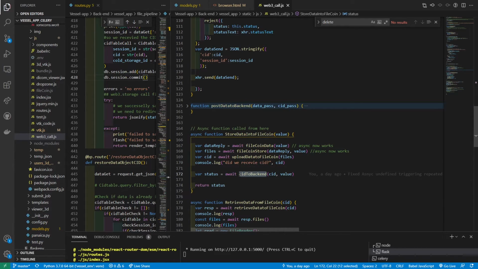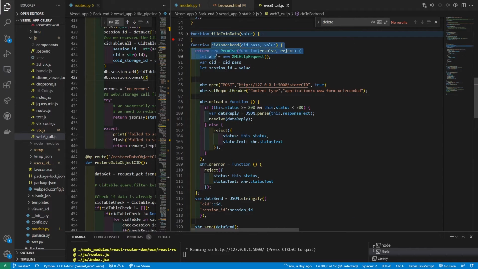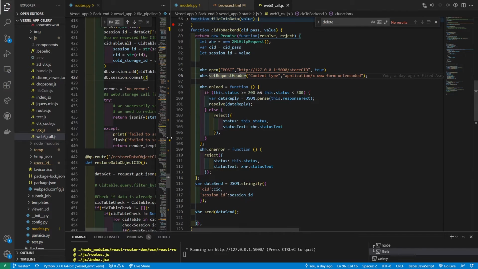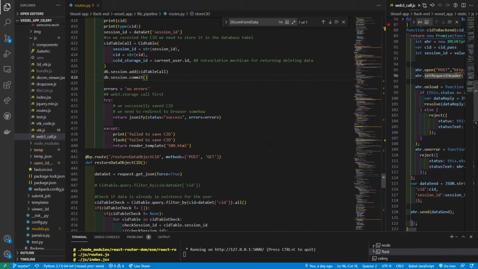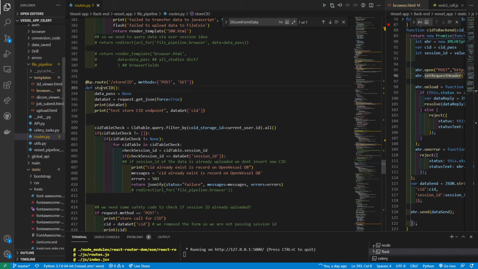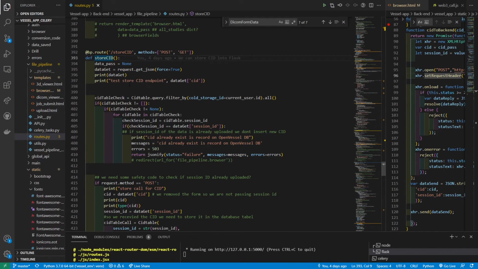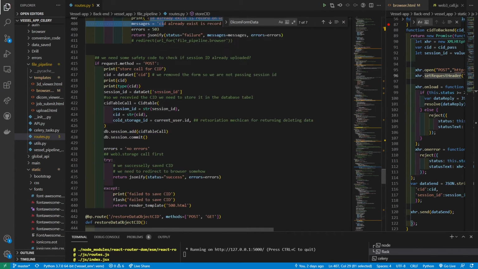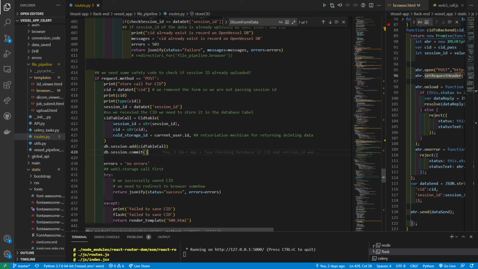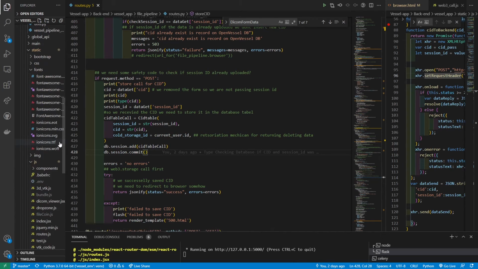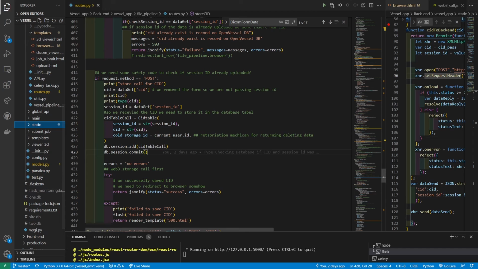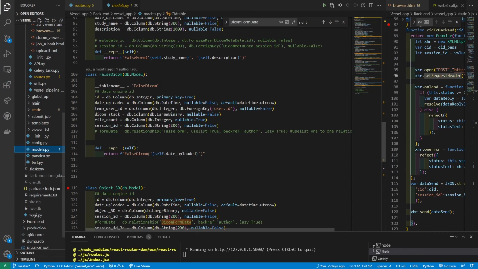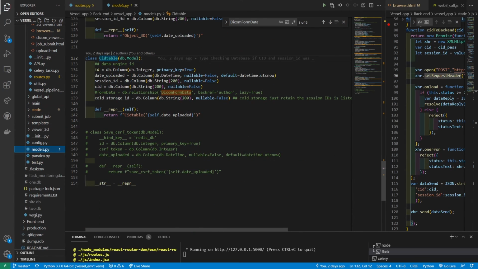This CID to the backend function is a web request of Ajax throwing the CID back to the Flask app endpoint. And this endpoint right here, it waits for a response from the JavaScript. We have some validation code to see if the CID is already stored on record, and then we store the CID in our SQLite database. Here we can see that these data tables were also coded for the hack, where essentially we have ID, the data was uploaded, session ID for the data, and